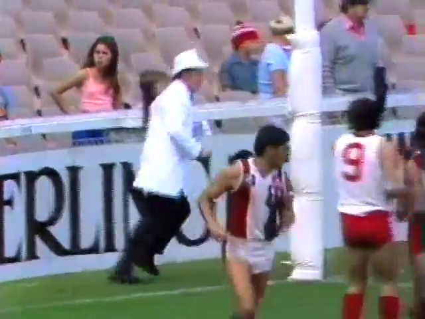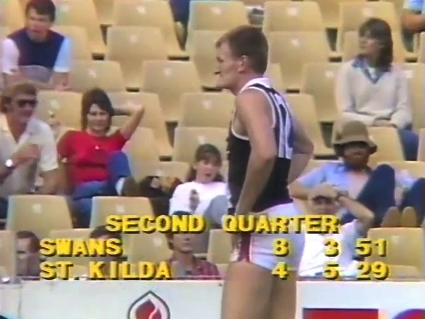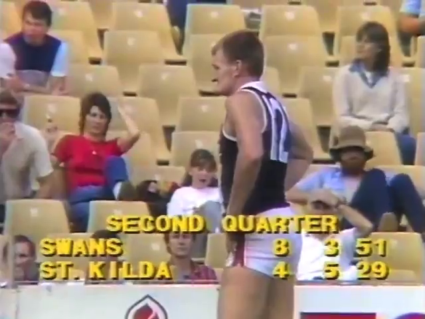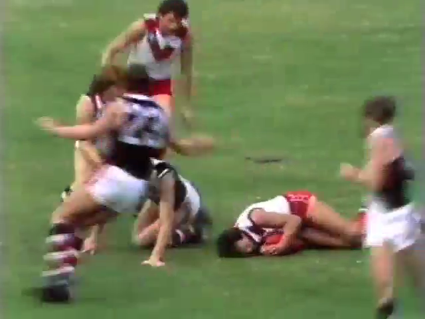Well, Jacko's missed that one. Most unusual for Jackson, because he's a very accurate kick. We're just over the 2-minute mark, approaching the 2.5-minute mark. It's 51 points, Swans, to St Kilda 29. 22 points the difference. Ball punched away by Molesso that time, and Browning trying to punch the ball out to